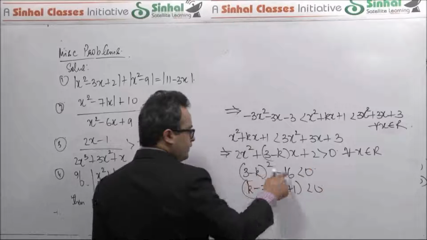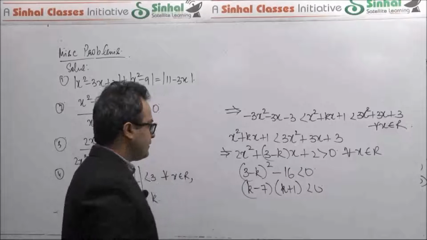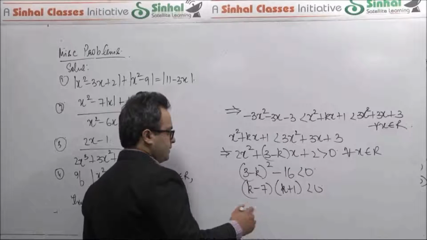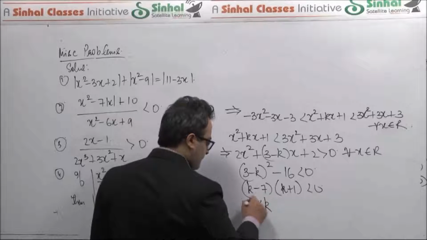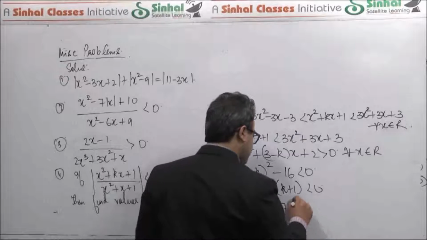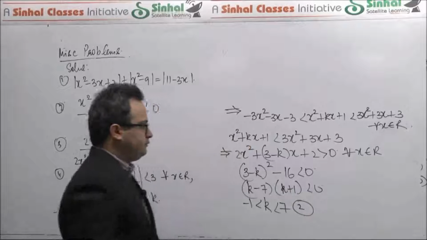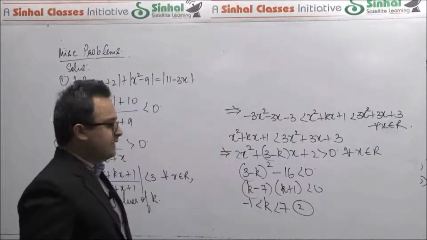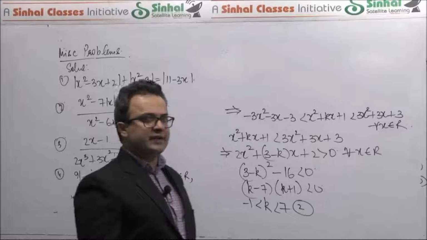This will be (k minus 3) whole square minus 4 square. So k minus 3 minus 4, k minus 7, k minus 3 plus 4, k plus 1. Right, so this gives me the second possible set of values of k, and now I'll have to take an